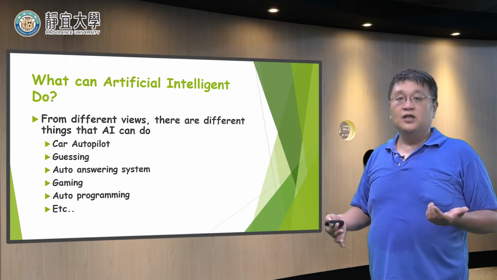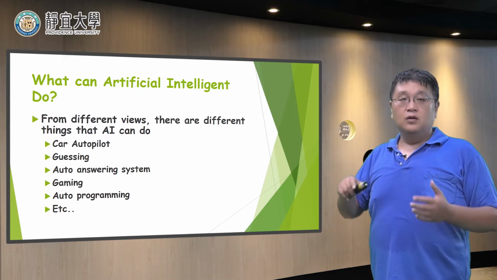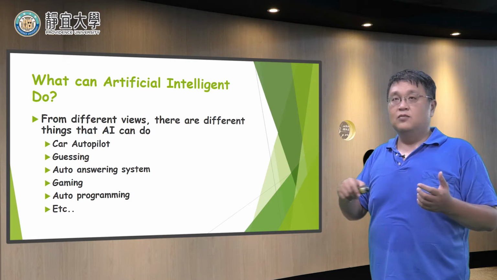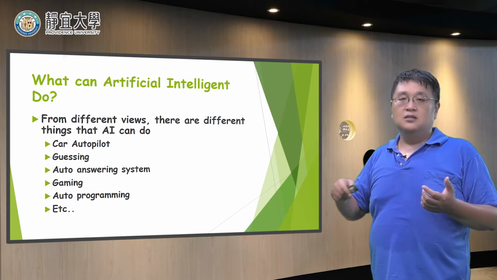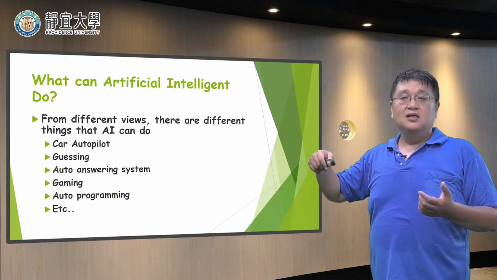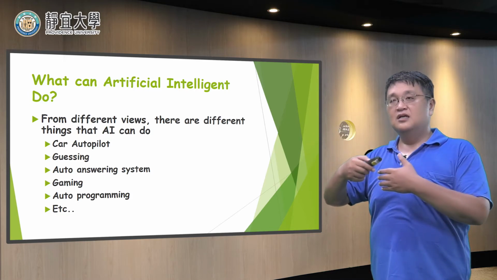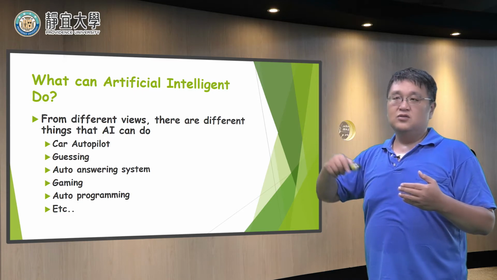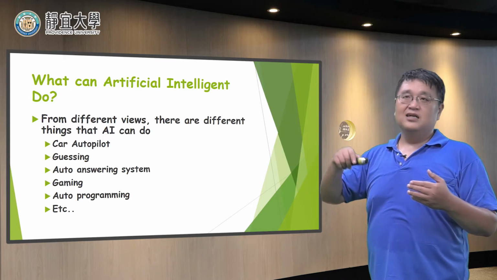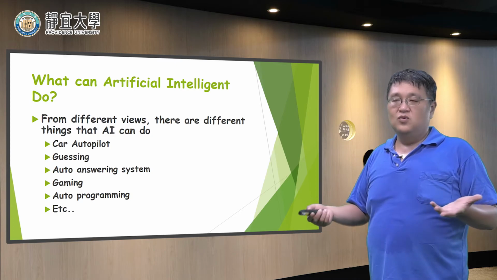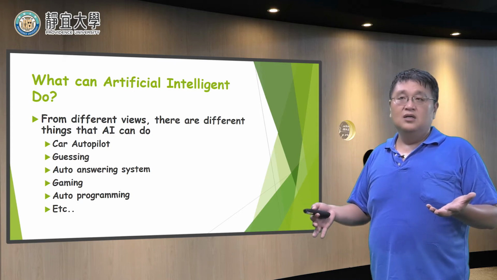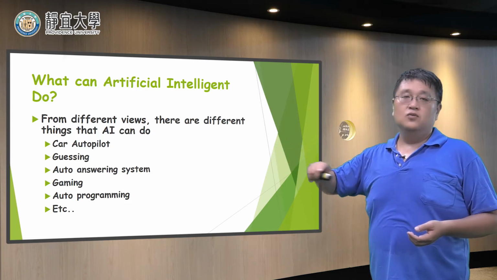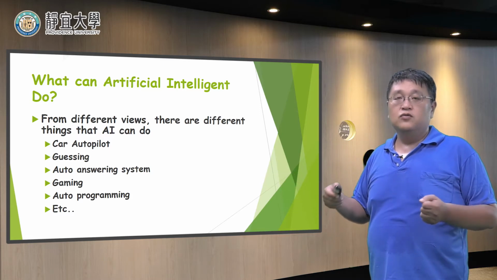Something like auto programming. We already know the programming way, so we have to do the programming. But sometimes the things we teach the computer to do are repetitive, so the code will be the same. We don't have to do it the same way again. We just tell the computer to fill in the code, and it will help us do that.